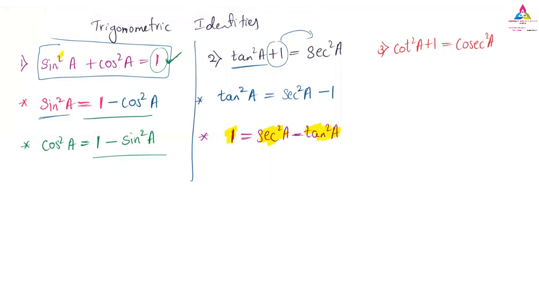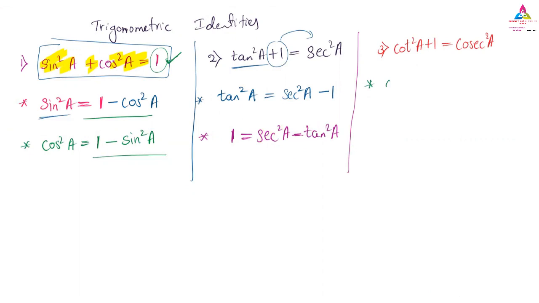It is similar to sin square a plus cos square a is equal to 1. But there we have addition, and here we have negative. First it must be written as secant. So this is a very famous formula: secant square a minus tan square a is equal to 1, because in terms of constant value we are going to get 1. Similarly, we will do the same procedure for this third formula also.